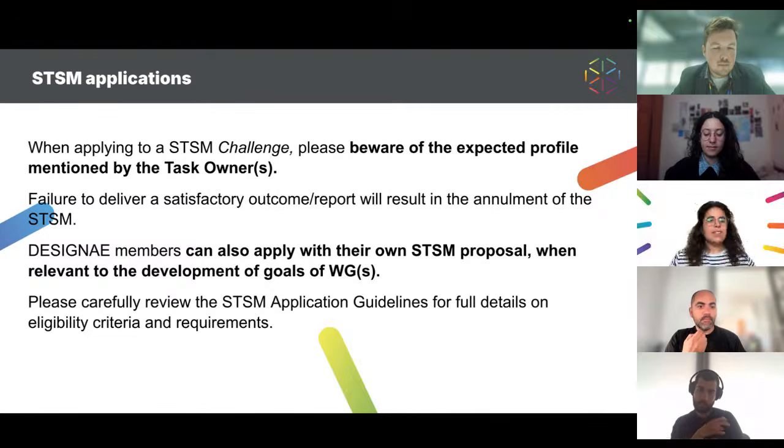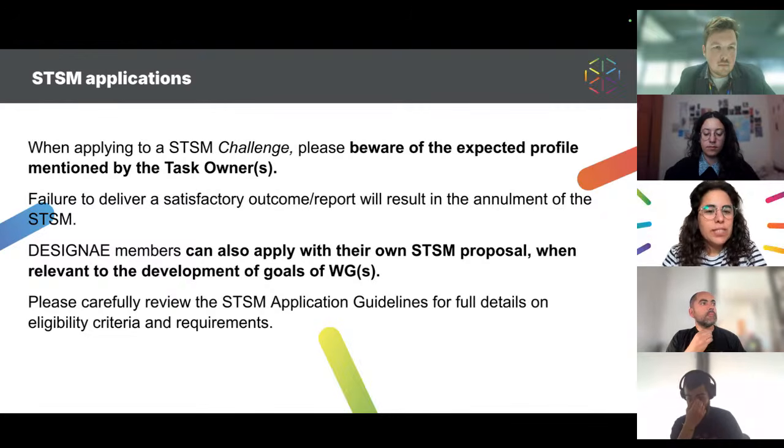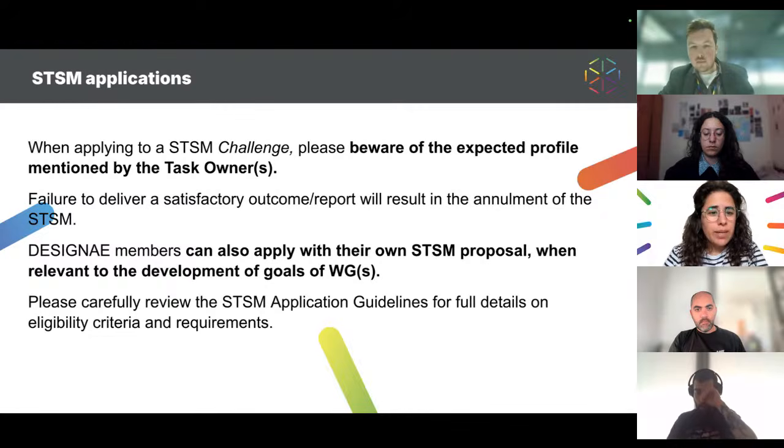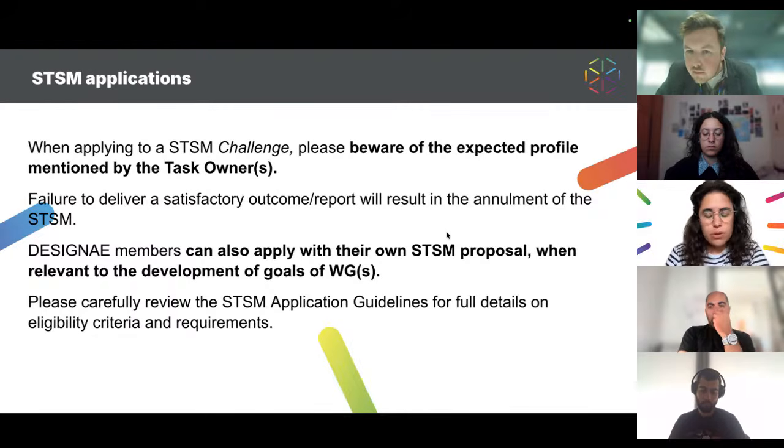So again, please, when applying to a short-term scientific mission challenge, beware of the expected profile mentioned by the owners of this short-term scientific mission. The same rule applies as for virtual mobility grants. So if you are unable to deliver